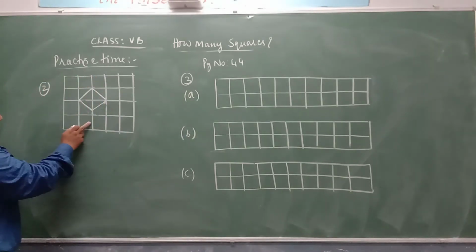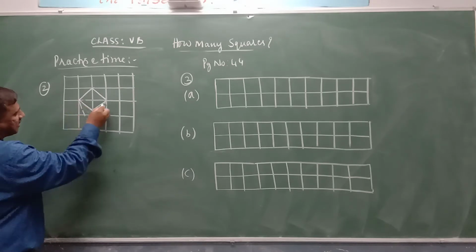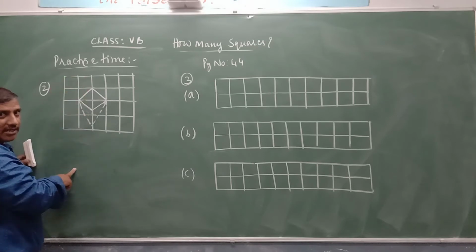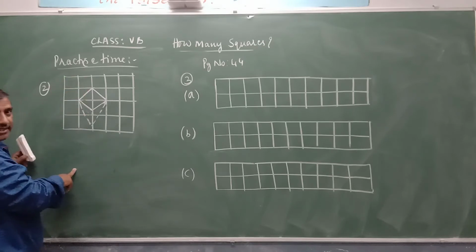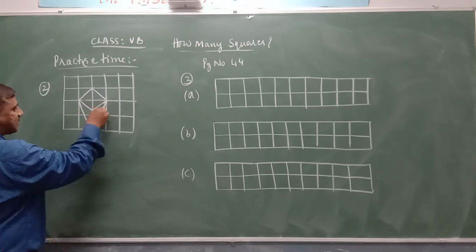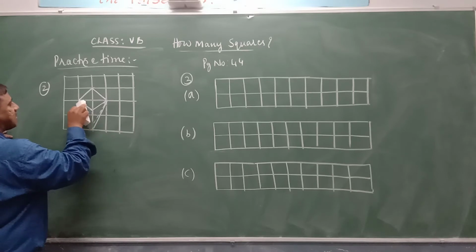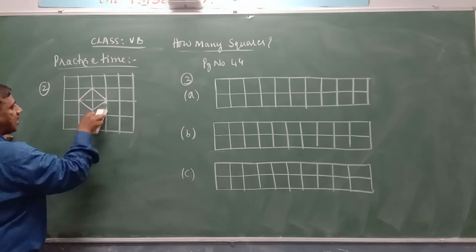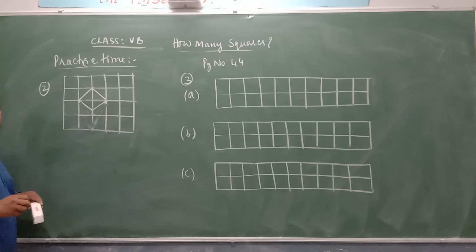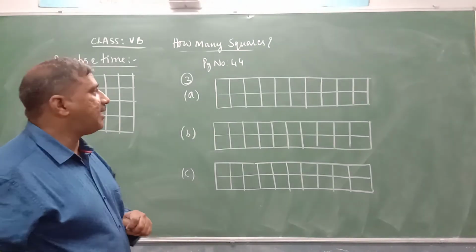If I draw to here, till here, like this, then what is this area? It is more than 2 square centimeters. Do you agree on that? Yes, it is more than 2 square centimeters. Therefore, which is the correct shape? It is this one which I have drawn here. It will be the correct shape. Like this, we can draw the shape whose area is less than 2 square centimeters.